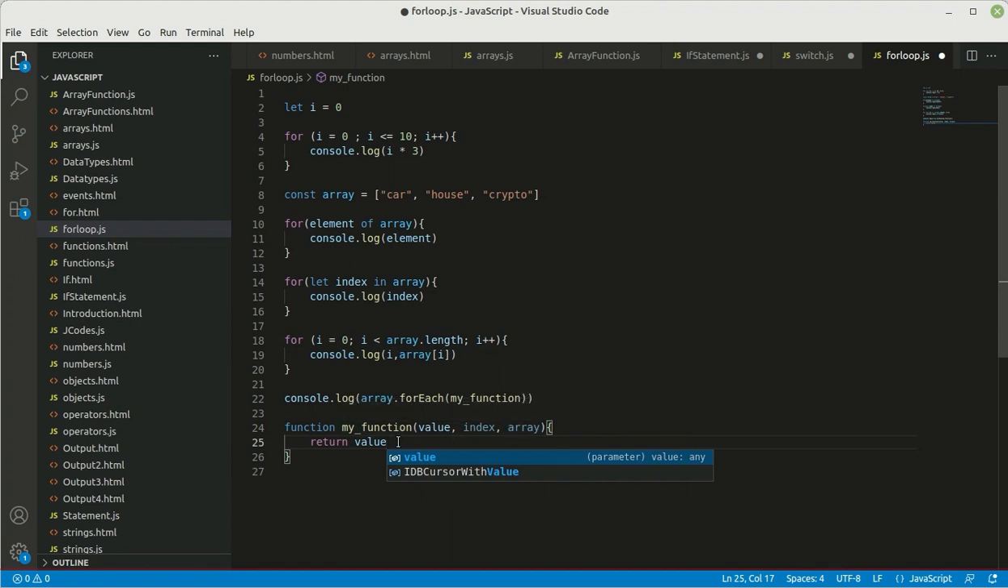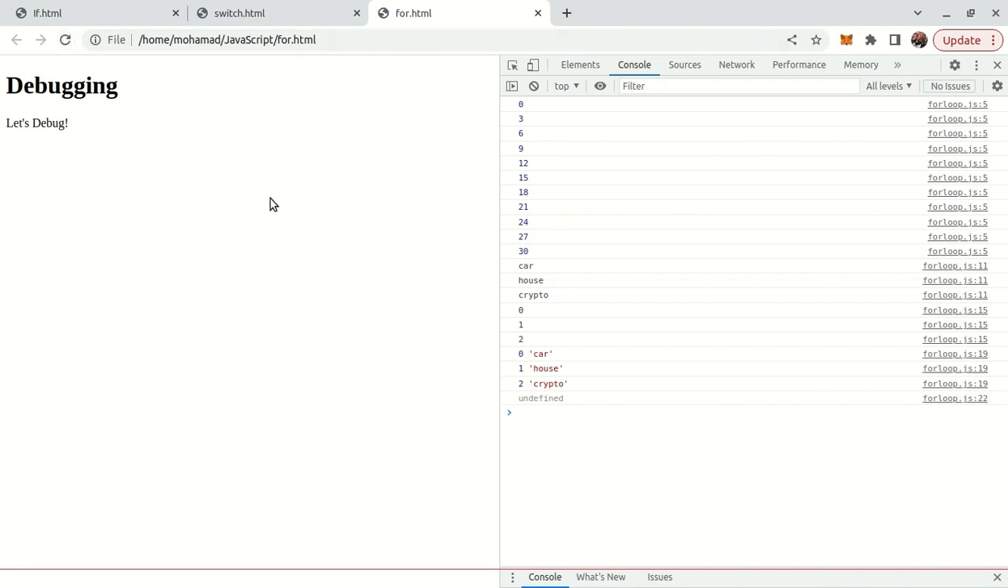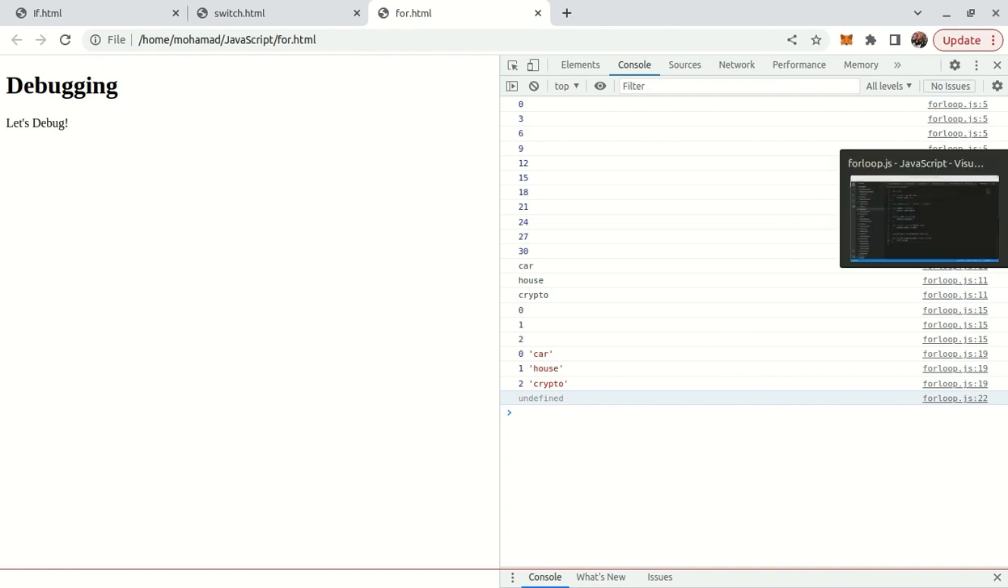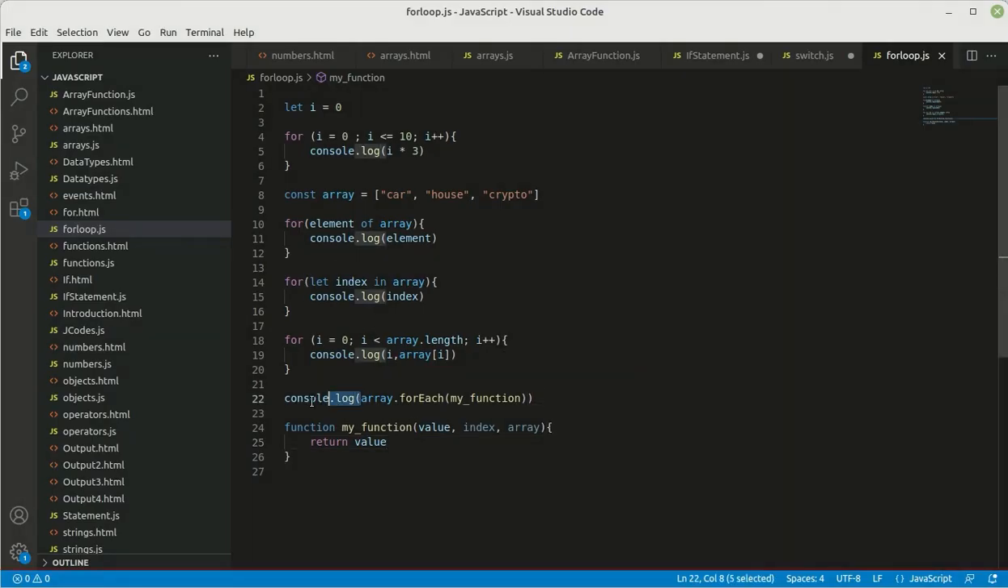Here we want to return the value, and let us see what happens when we do that. So let's refresh the page, and it's somehow undefined, and let's see why that happens. Probably the reason is we shouldn't use console.log here, and instead we can just say const a, for example, const a equals array.forEach, my function, and then here you can say console.log value,